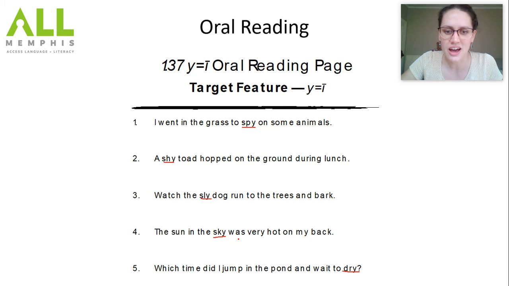The sun in the sky was very hot on my back. That happened to me today. I was sitting outside, got a little warm. The sun in the sky was very hot on